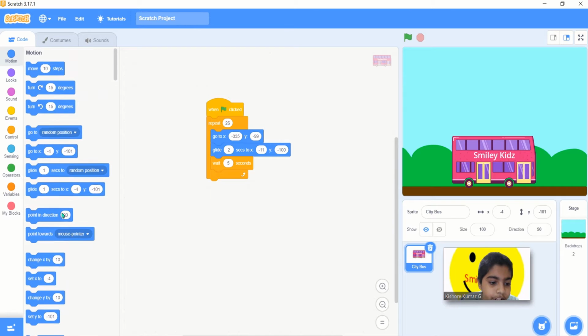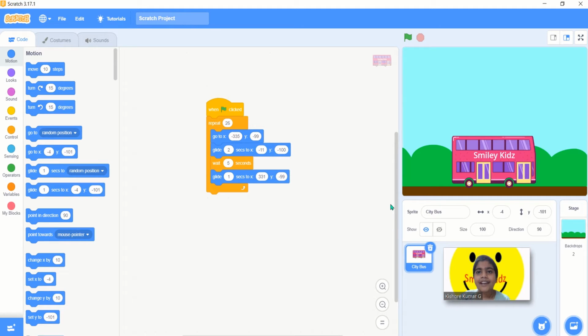Again go to motion, glide 1 second to x 331 and y is minus 99. Now we have completed our code for the bus.